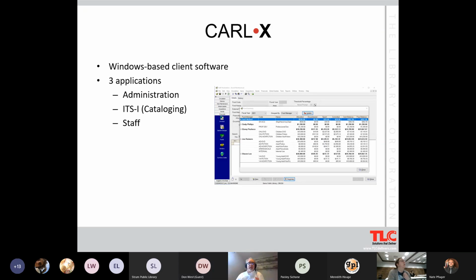The CARL X Windows interface is Windows-based client software, which consists of 3 applications, which would be the administration piece, the cataloging piece, and the general staff piece. We're not going to spend time in CARL X during today's demo because it really is more of a technical services systems focus. You can do all of the patron services and circulation and such within the CARL X application,